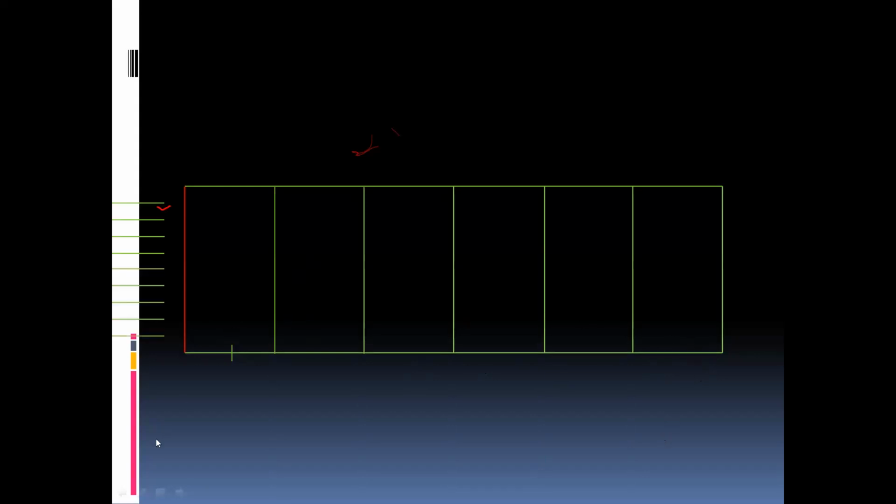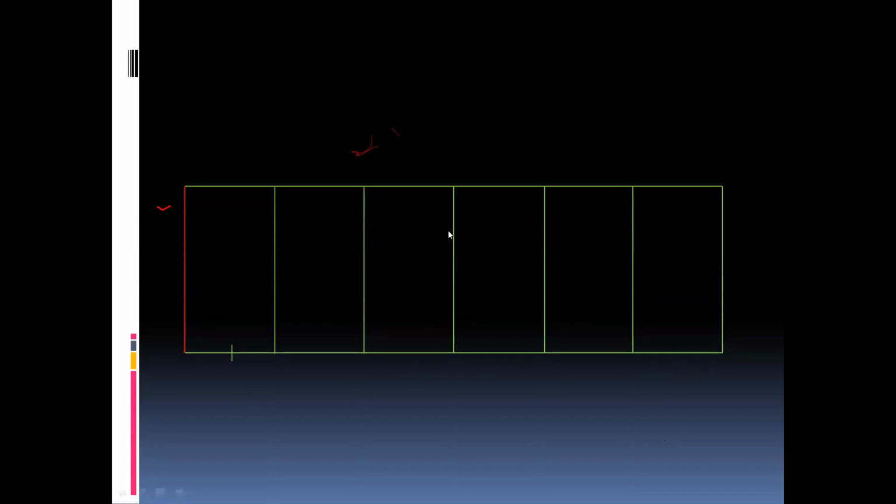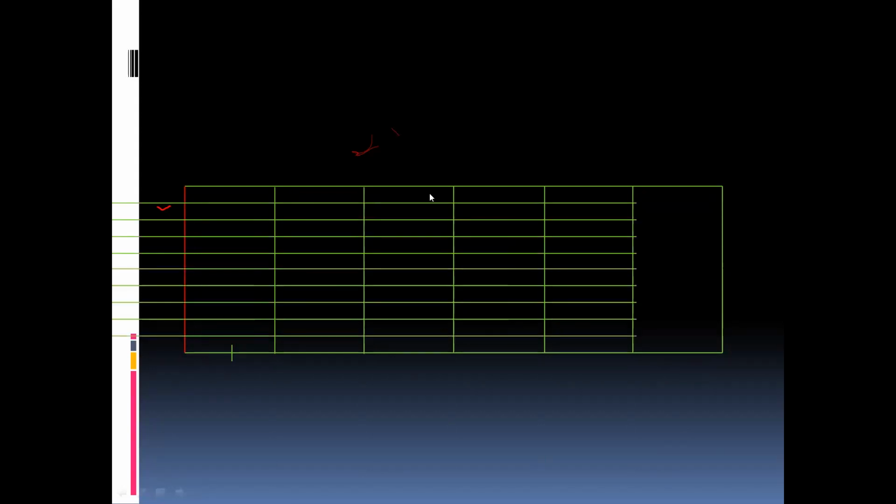Then from each part on the horizontal line, draw the vertical line. So we will get 6 equal parts. After that, from this vertical line, that is a red line, we have already divided this into 10 equal parts. So from each part, draw one horizontal line. So you will get 10 horizontal lines like this. Basically here we will get one array, which is a 10 by 6. So we will get total 60 segments.